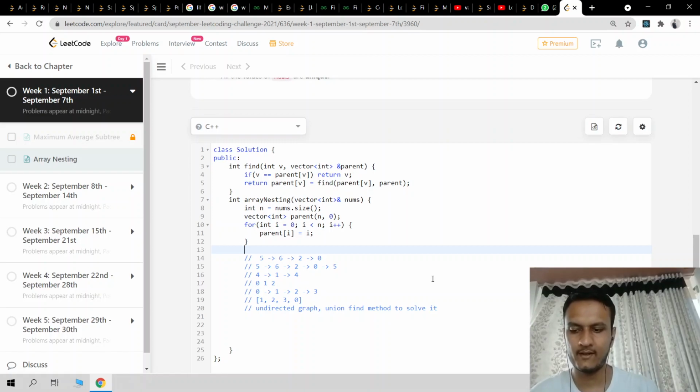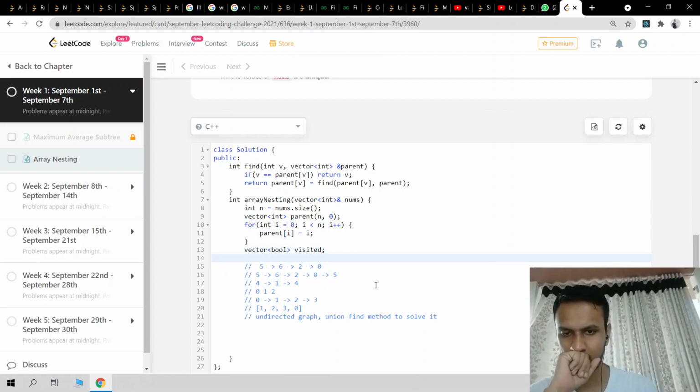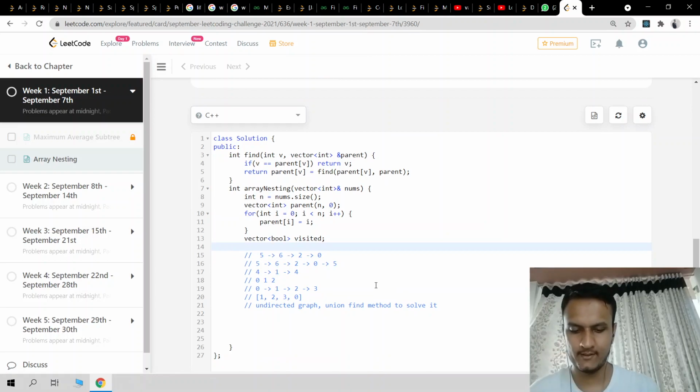And I will take a vector of bool for the visited array, to mark the indexes I have visited. Okay, and I will go from i equal to 0, i less than n, i plus plus.